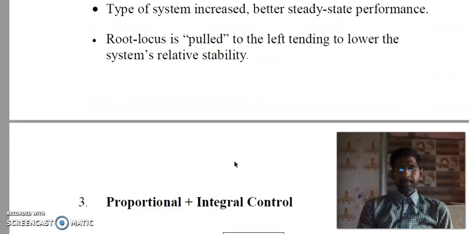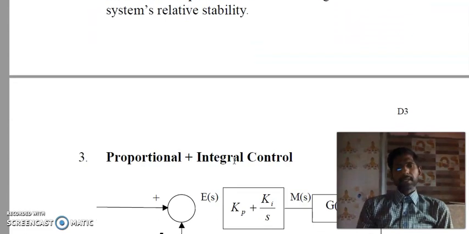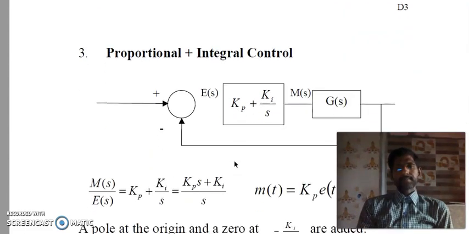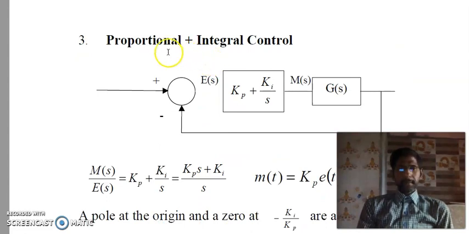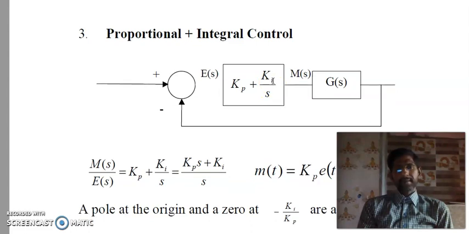It's very important. The next one is the proportional integral controller. Proportional means a block K. Integral controller means K by S. Ki indicates that the suffix I means integral. Kp, with suffix P, indicates proportional. So the proportional plus integral controller block will be Kp plus Ki by S.